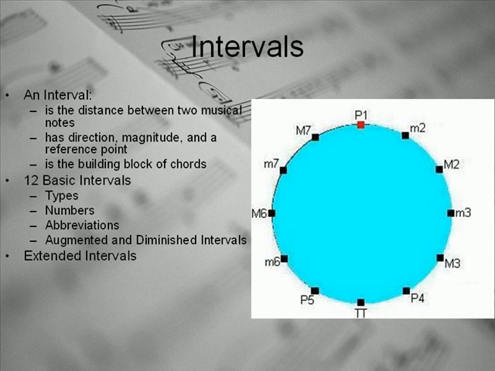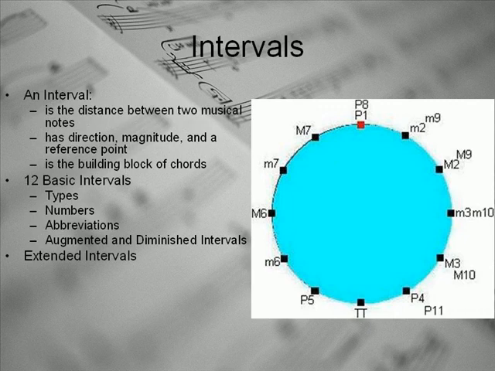Therefore, moving counterclockwise doesn't really make sense. Otherwise, we could have negative intervals. Furthermore, intervals are not really cyclical. 12 half steps, for instance, is not a perfect prime, but a perfect octave. And so, to make this more accurate, we would need to add a second circle of interval names for extended